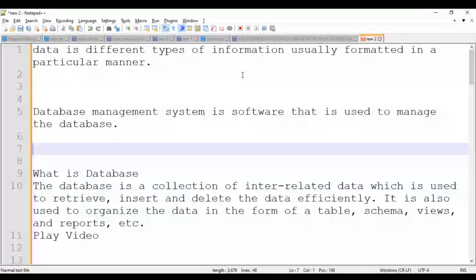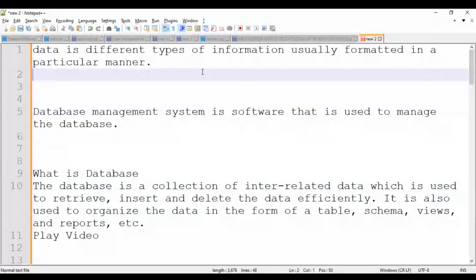Data is nothing but different types of information, usually formatted in a particular manner. It can be numbers, or statistics, or words, something like that. It can be in any format. It will be organized in a particular manner. So in the earlier